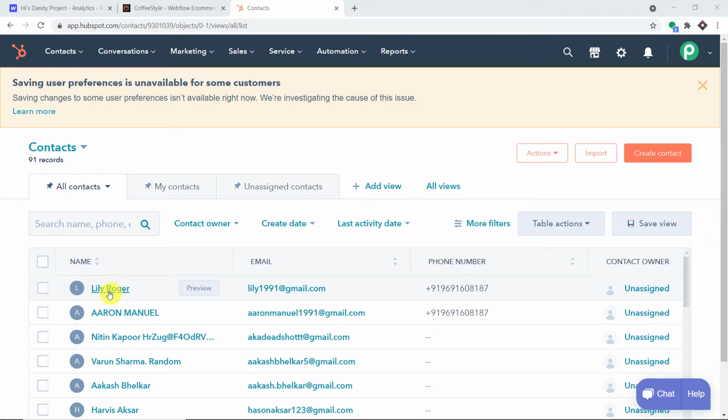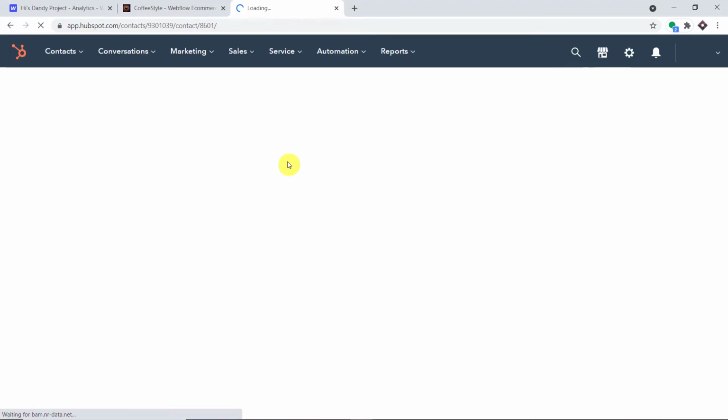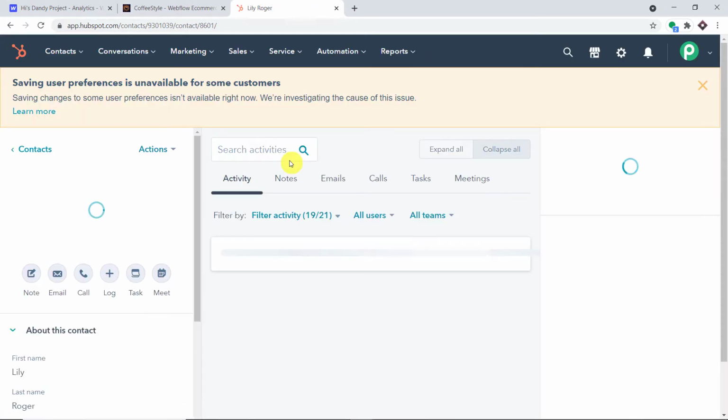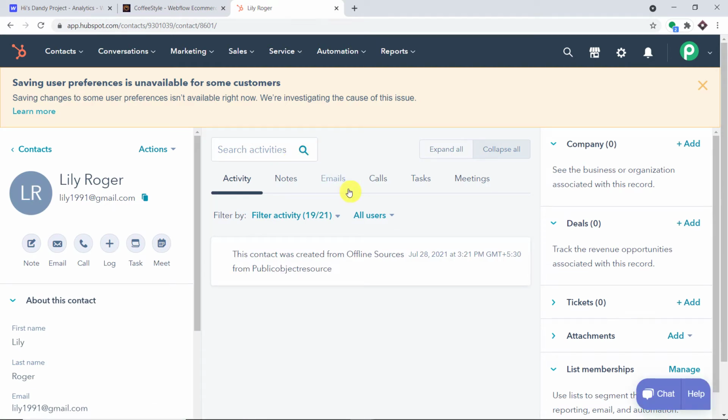So you must be thinking, how did I do it? How did I manage to send the data from Webflow forms to HubSpot contacts? Basically, we have used an integration and automation software called Pabbly Connect that integrates Webflow forms and HubSpot. The interesting thing is that once you have created the workflow to integrate Webflow forms and HubSpot, all you have to do is sit back and relax. While someone enters some form details and submits the form in Webflow forms, the details will be automatically created as a contact in HubSpot. Okay, so let us begin the process.